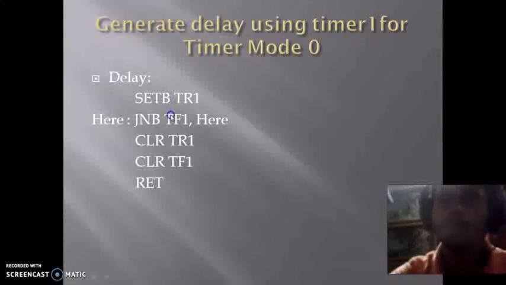It checks whether it is a non-zero value or not. If it is 0, then it will loop, and if it is non-zero, meaning 1, then it will clear TR1, the timer flag, and at the same time clear the timer overflow flag for timer 1, and then return. So that is a way we can generate some delay by using timer 1 for timer mode 0.